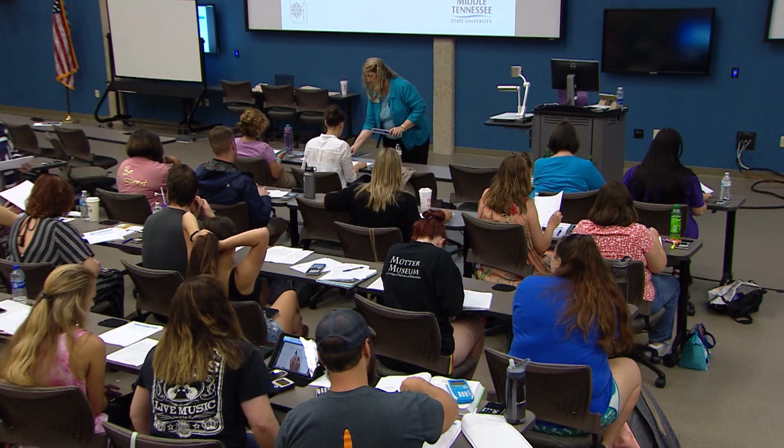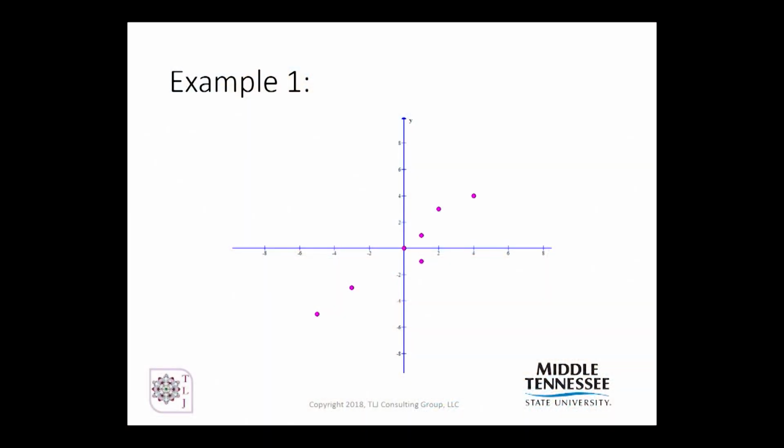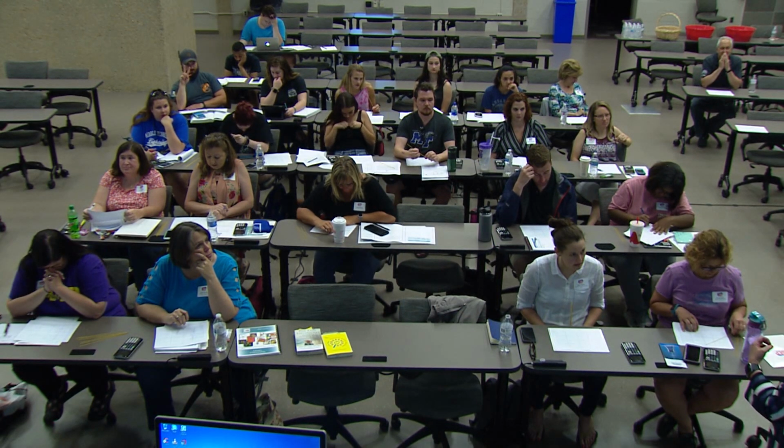And Tammy has the manipulative, and it is uncooked spaghetti. Okay, so you have 4 graphs that have scatter plots. We're going to look at 1, 2, 3, 4 in this order. So here's example 1. The question is, if we said we need a function, the simplest function in the world is a line. Now, I better hear a uniform answer to this question, okay? How many pieces of information do you need to write the equation of a line?